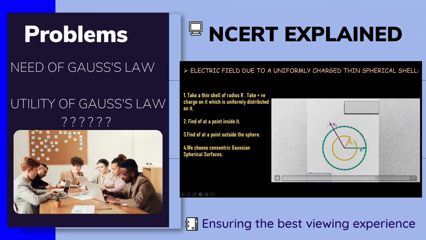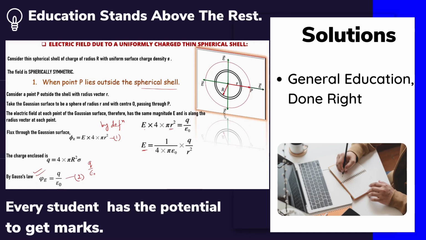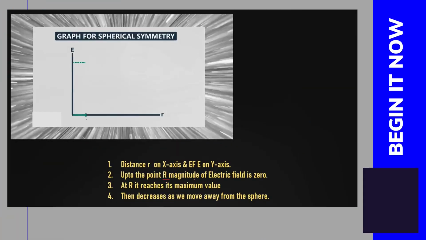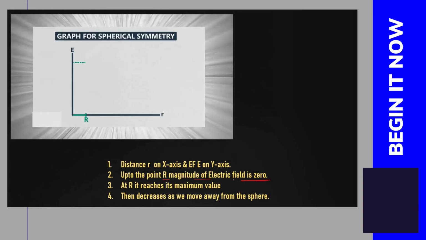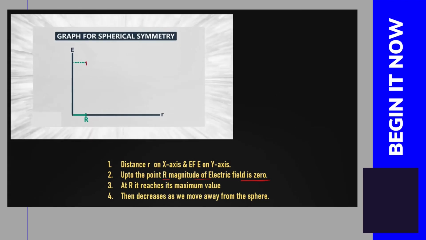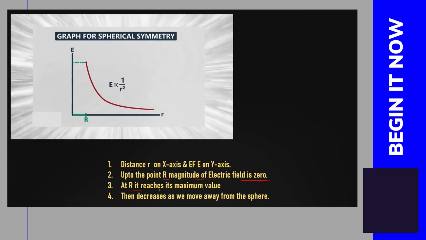Assume, or we have to choose, concentric Gaussian spherical surfaces of radius r1 and r2 respectively in order to compute the electric field intensity at the respective points. The spherical shell behaves as if the charge is concentrated at the center of the shell, so it is behaving as a point charge. The magnitude of the electric field at a point inside the shell is 0, so our graph will start from this R. After that, at R it reaches its maximum value, and whenever the point is on the shell,